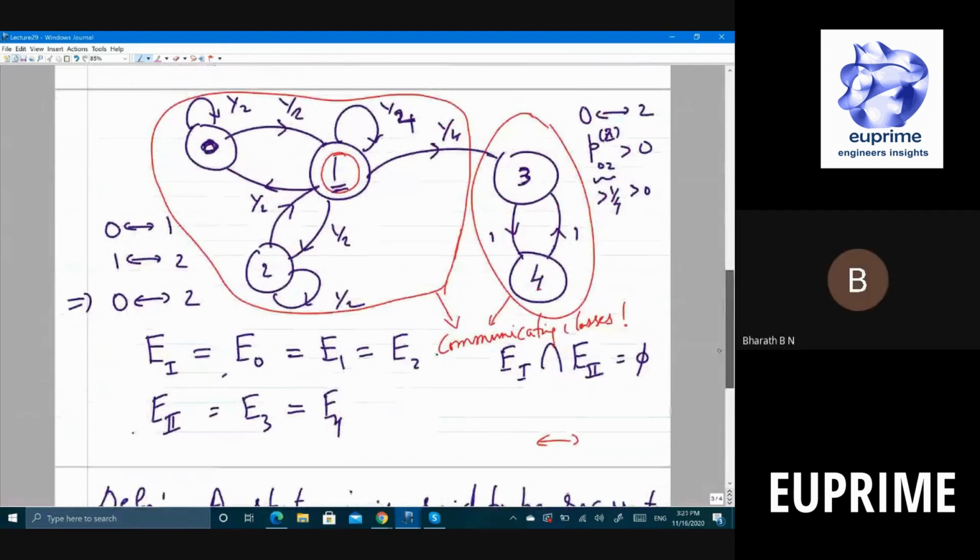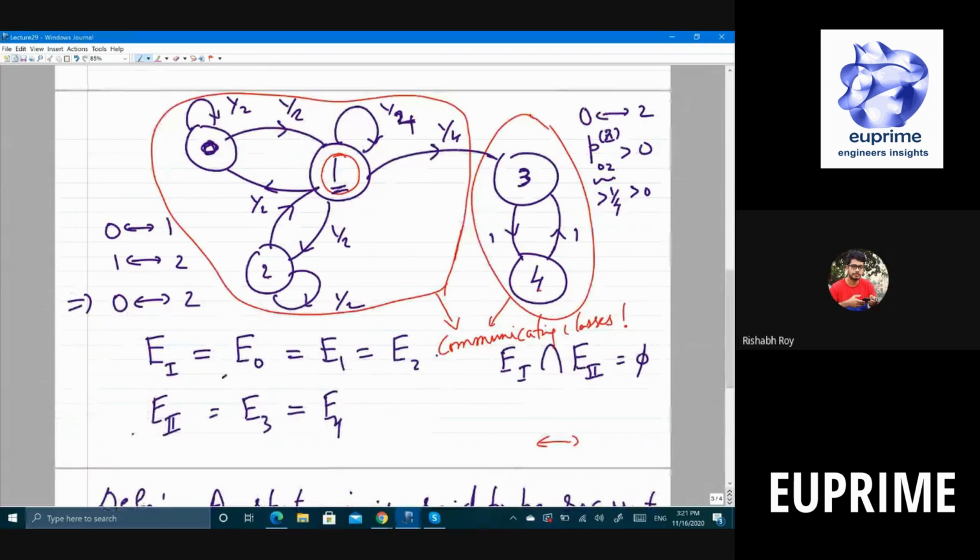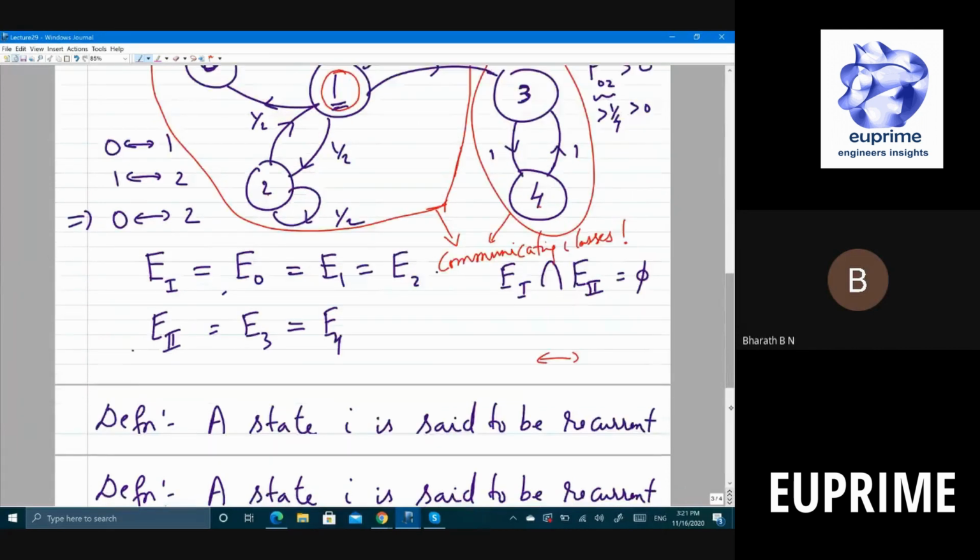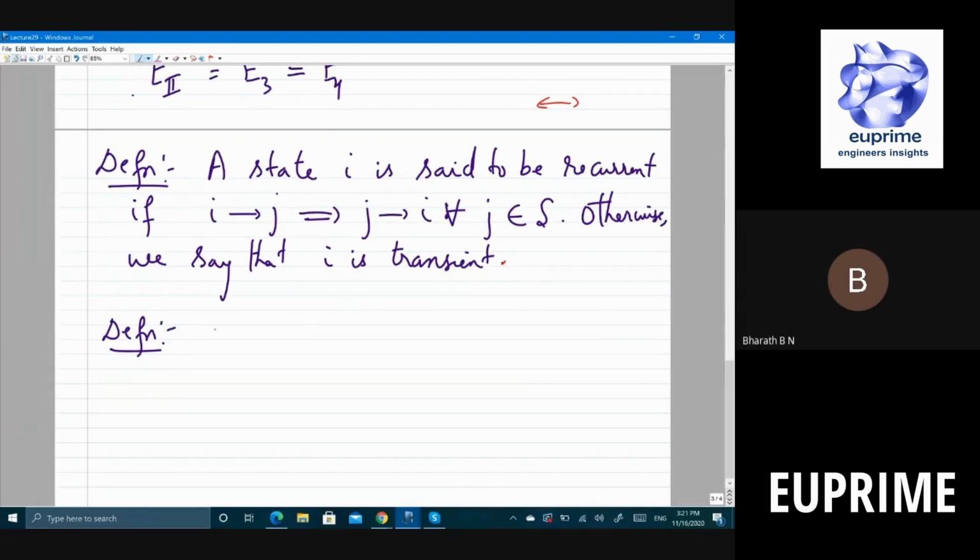Sir, can you again define the definition of a class? Okay, I'm going to do that. So this is called a communicating class, right? 0, 1, 2 is one, and 3 and 4 is another. Okay, so let's see what is a communicating class or a class. A class, C, is a subset of S. See, S is the set of all states. In fact, class C is a non-empty subset. If you want to be very precise, you cannot take an empty subset. Non-empty subset of states, such that